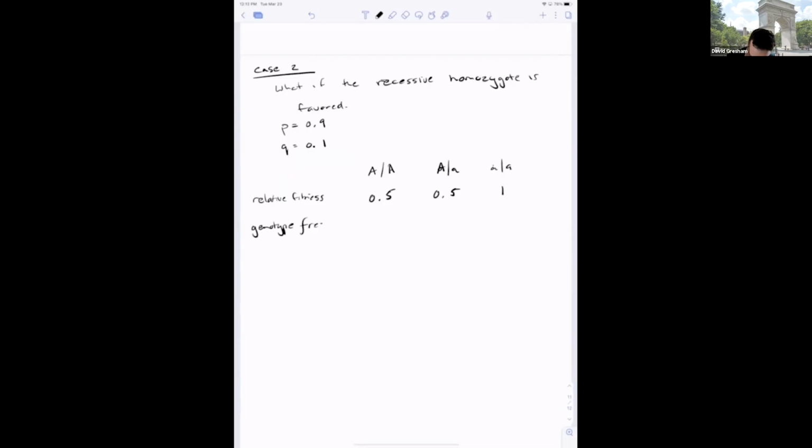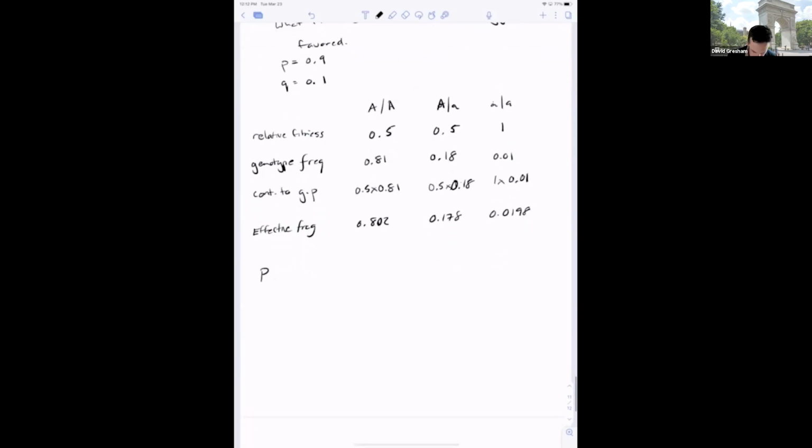So let's just see what that would be. The genotype frequencies in this case, P squared 0.81, Q squared 0.01, and 2PQ 0.18. We can compute the contribution to the gene pool, which is going to be half as much for these individuals, half as much for these individuals, and a relative contribution of 1 for these individuals. We compute our effective genotype frequencies, which I'll tell you are going to be 0.802, 0.178, 0.0198. And then we can ask what is the frequency in the next generation, which is going to be 0.802